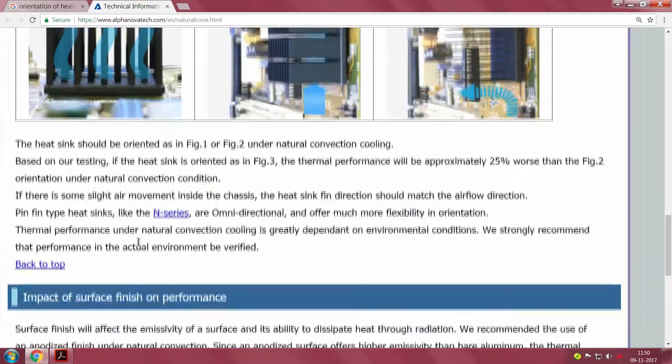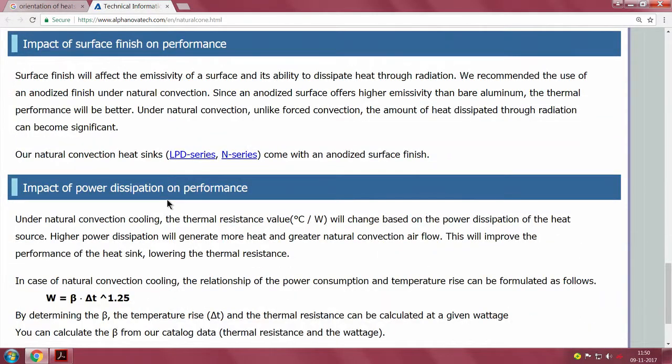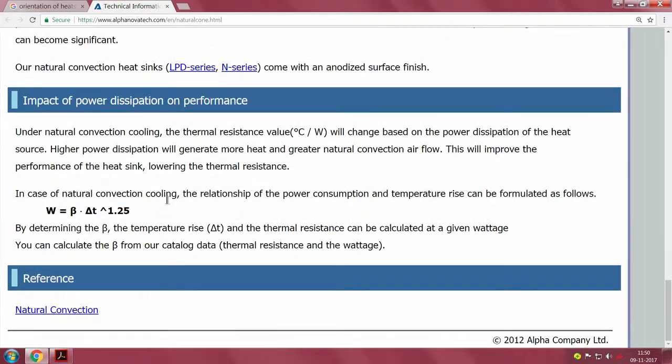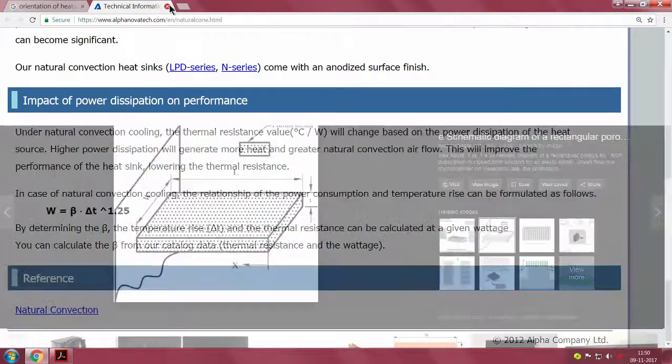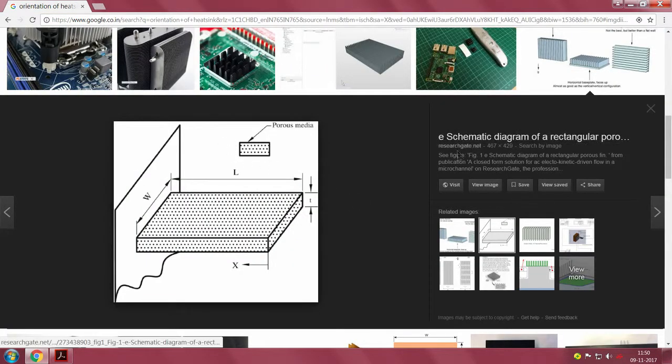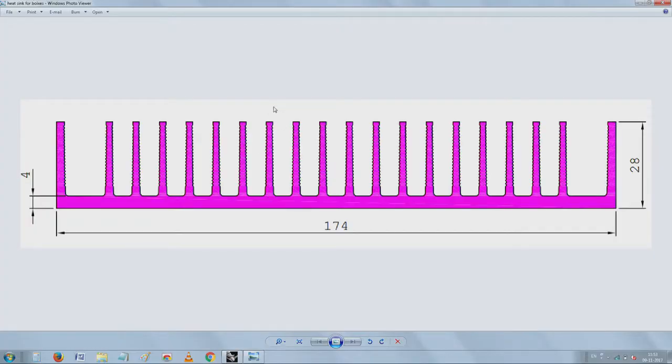Now, comes the question of how do we integrate these things, and also a lot of stuff about power dissipation and so on under natural convection. So many of these correlations have been given here. If you go to several of these sources and all that, enough information is available. Now, I thought I will start here with, sir, if you can kindly put the, I will start with